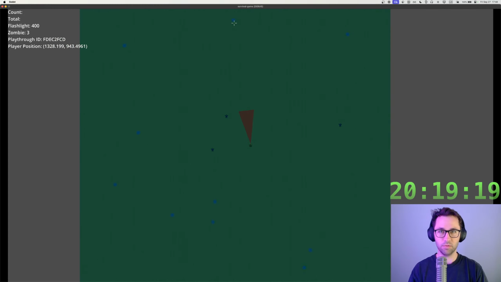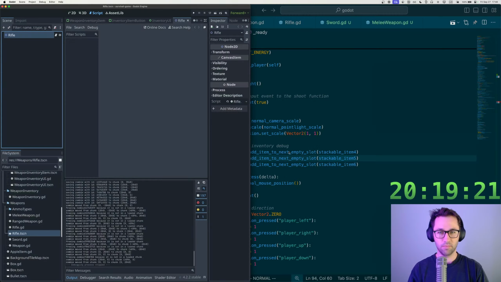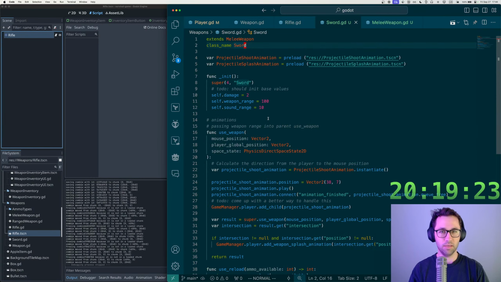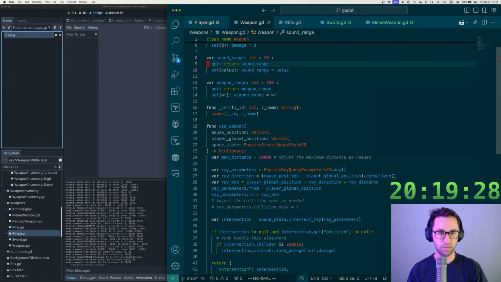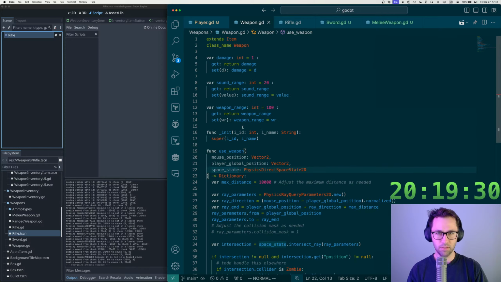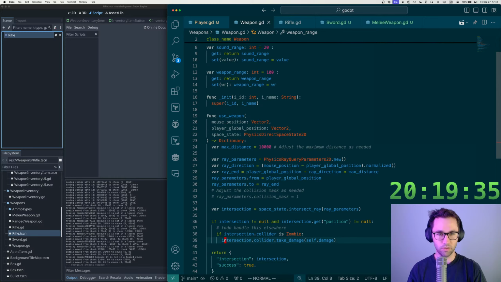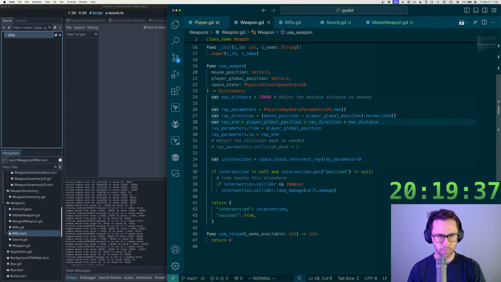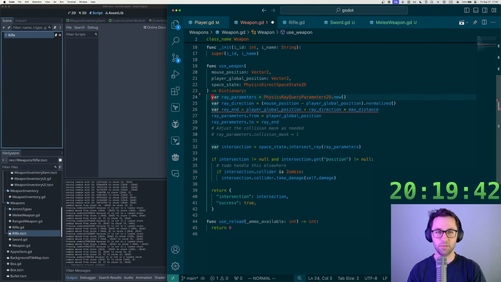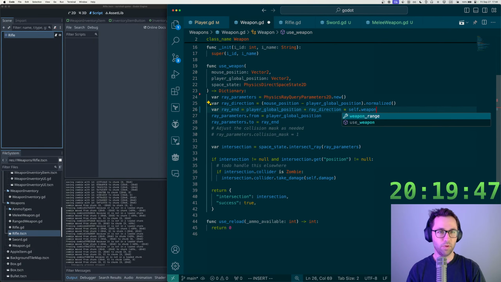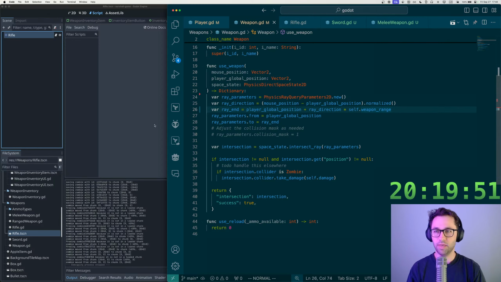Okay, so we're not respecting the weapon range somewhere, and I assume it's happening down here. Is this weapon range even being used anywhere? No, it's not. So where are we? What is max distance? Ah, okay, so we never started respecting this. So we want to do times self.weapon range. So that should